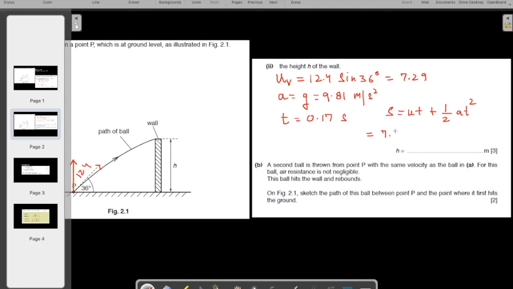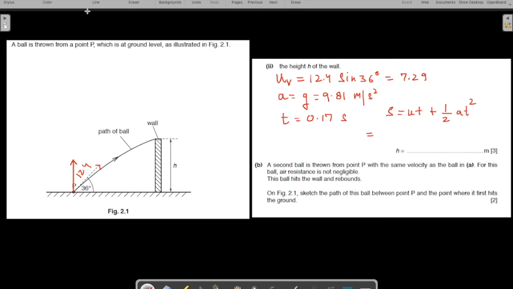So 7.29 multiplied by, let me write it in a tinier font because we do not have much space, 7.29 times the time, 0.167